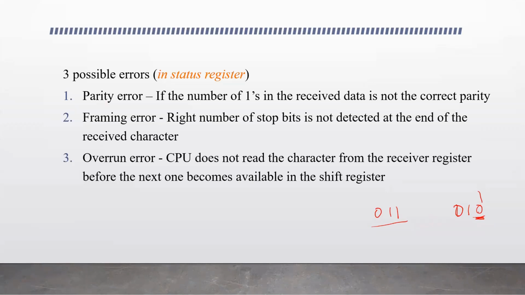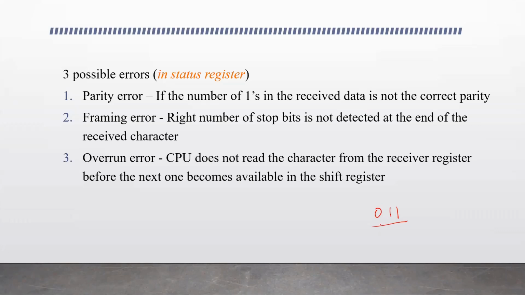This may happen during transmission. To make sure that data is received as it is being sent by the sender, we use this error detection mechanism. Error detection is done by adding the parity bits. The parity added may be even parity or odd parity. If even parity is used, a bit is added to the data to make the number of ones even. If odd parity is used, a 1 or 0 is added to the data to make the number of ones odd.